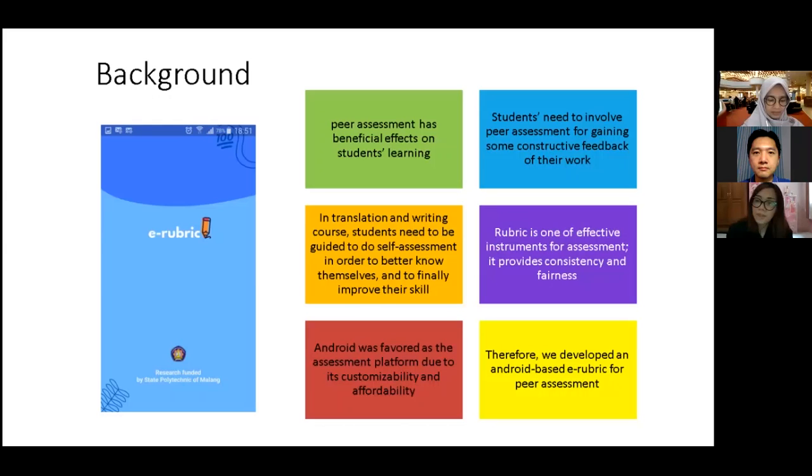So why do students need to be involved in peer assessment to gain constructive feedback on their work, just as we have done in the translation course? Usually in the translation course, the feedback is only given by the teacher. So the teacher gets very tired and exhausted, therefore we do this kind of peer feedback in order to limit that. And in translation and writing courses, which are considered practical courses here in our institution, Polytechnic